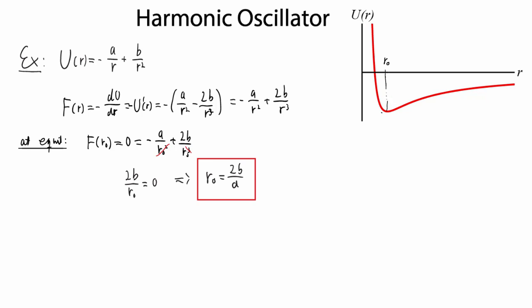Okay. Now, next step is to expand the potential around this point. To do that, I'm going to make a change of variable to make things a little bit less cumbersome algebraically, so that the equilibrium point is actually at the origin. So we're going to say that R equals R naught plus some delta. And that gives us then that U of R is the same as U of R naught plus delta because of this change of variable. And that is equal to